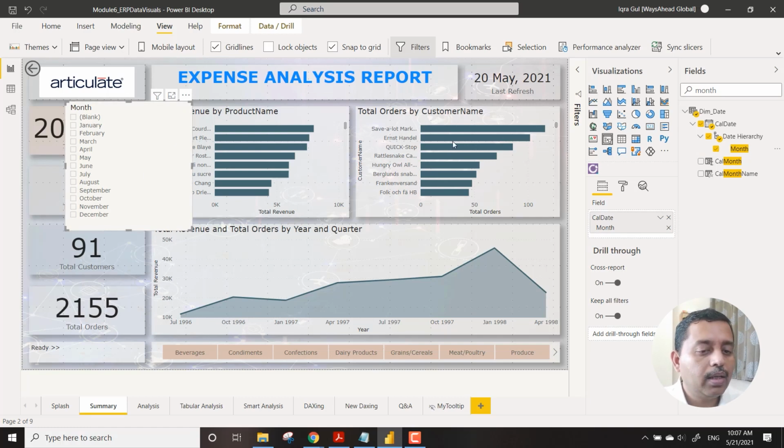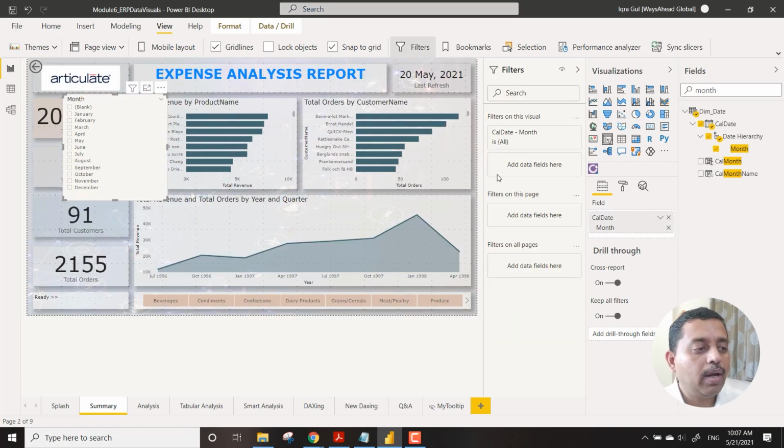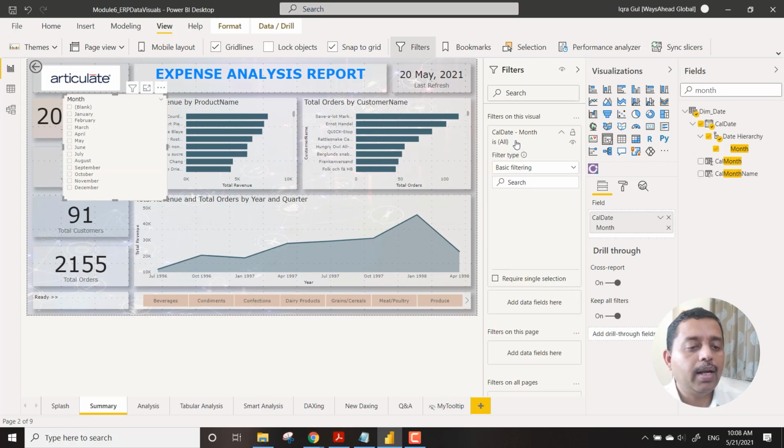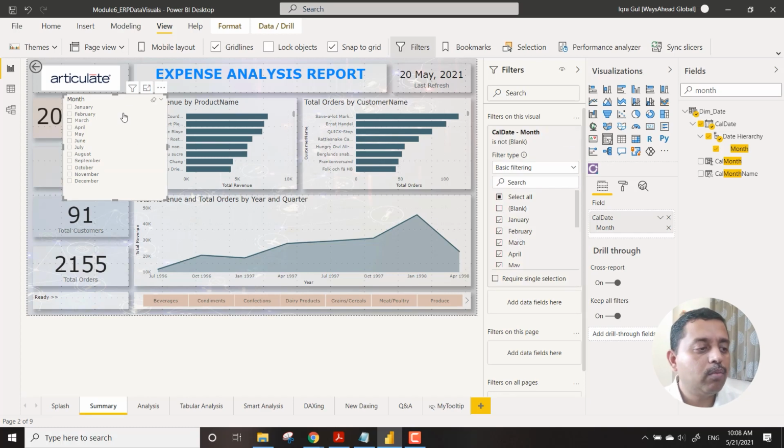So all the months are there. We're not sure why there is a blank, because there is some data where I have put multiple places, right? So we have the minus 30 days plus 30 days concept we did when we were working on this calendar. So here we say I want everything, but I don't want the blank. So the blank has been removed.